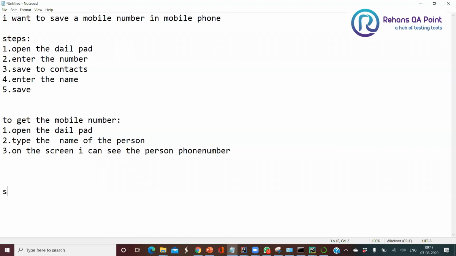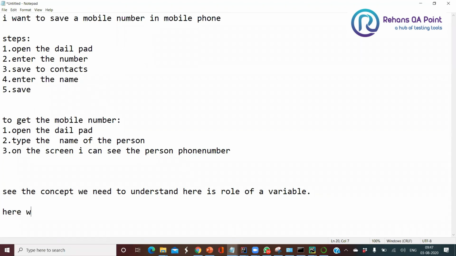So the concept we need to understand here is the role of a variable, right? Here we call the variable as person name.